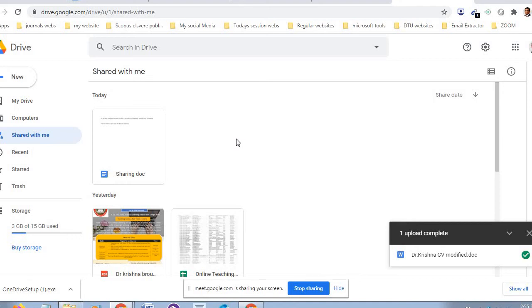I can see by clicking this at what time he modified, whether he is modifying or not. For every 5 minutes I can see. Say for example, I have given one work to student. If he works, this will be updated. If he is not working, this document may not be updated.